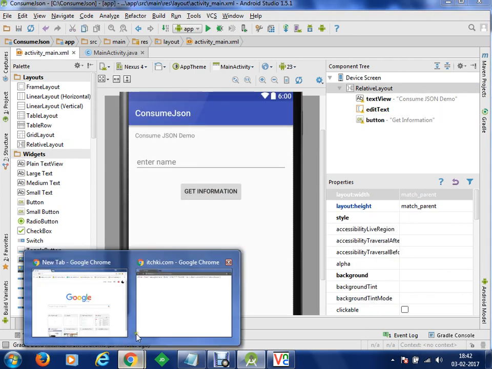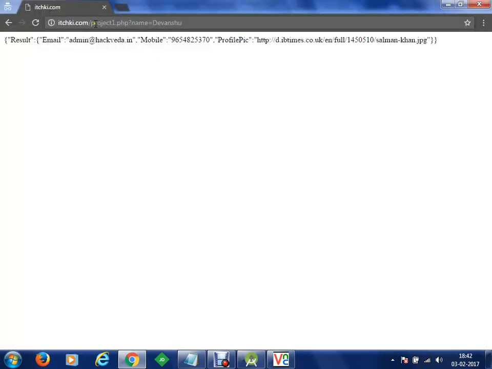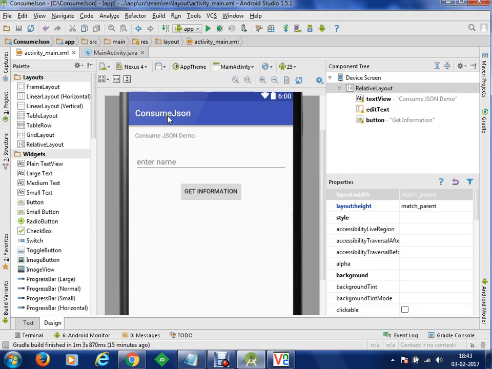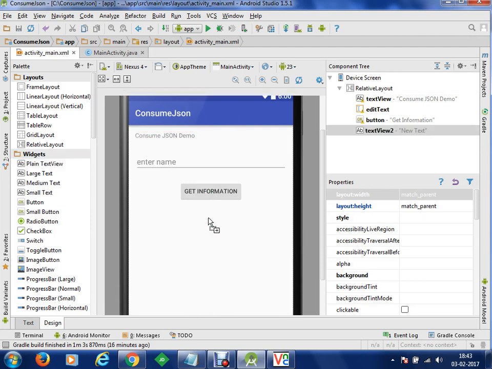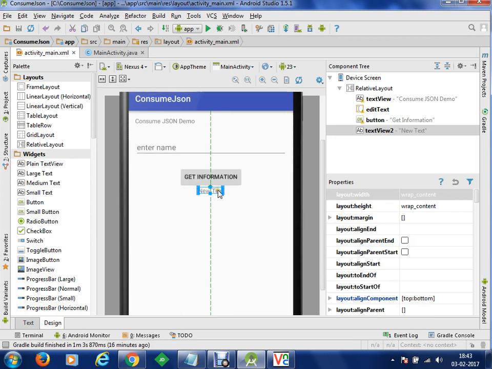The server is listening here, so a get request will be received on itchkey.com on project1.php. We are going to receive a response. The response will be received in our application and we are going to display that response on a text view for this demonstration.